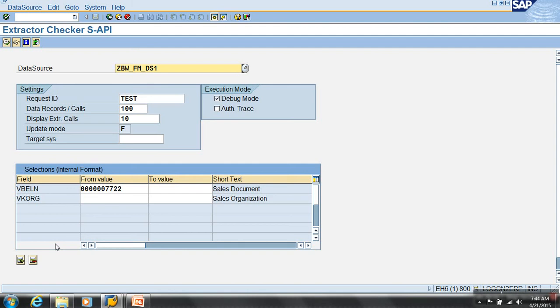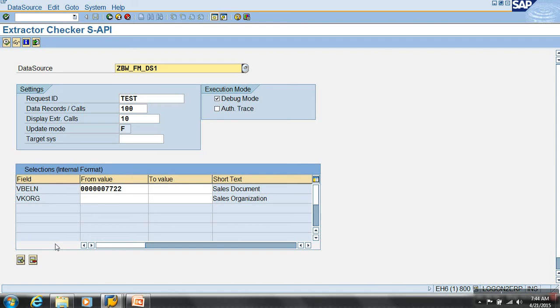Okay, then I'll ask you, how did you control the data selections? Then you say, normally all the selections come into I_T_select, and during initialization I'm collecting into a static variable like S_T_select. Then while opening the cursor, during packet ID 0, I'm reading all the data from the global selections table into range variables, and using the range variables in the where clause of the open cursor statement. That's how we are controlling the selection. Those are the two questions he would ask. Majorly they would like to know how you controlled the selections and how you controlled the packet size. That's what they will be interested in.